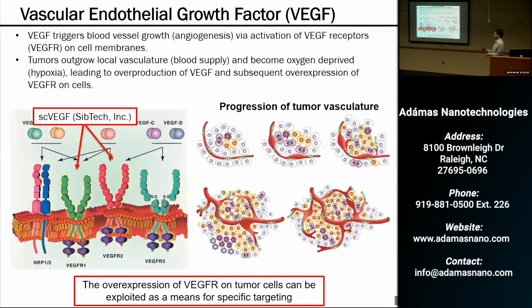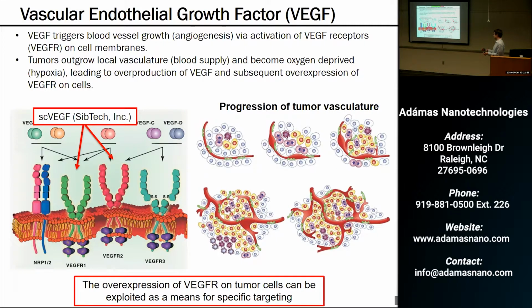And VEGF is essentially a class of proteins which stimulate vasculature growth. They're involved not only with tumors, but also, you might imagine, in wound healing, things of that sort, and tissue growth. So essentially what happens with a tumor is that these cancerous cells rapidly need oxygen. They're oxygen starved, so this causes tissue necrosis surrounding them. So there's a feedback loop which then drives these cells to overexpress VEGFR receptors on their surface. First they start to output more VEGF protein itself, and then a feedback loop causes these cells to overexpress these receptors. And then that stimulates this angiogenic, rampant vasculature growth, which feeds the tumor and